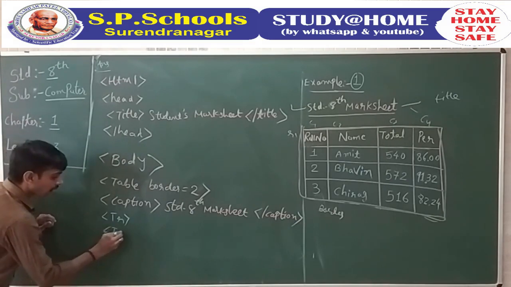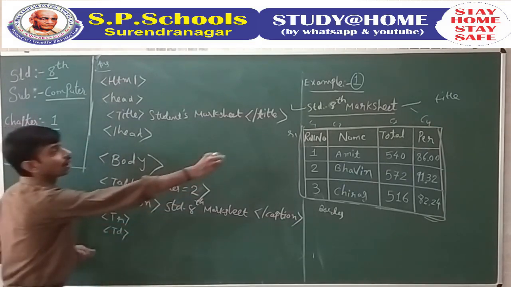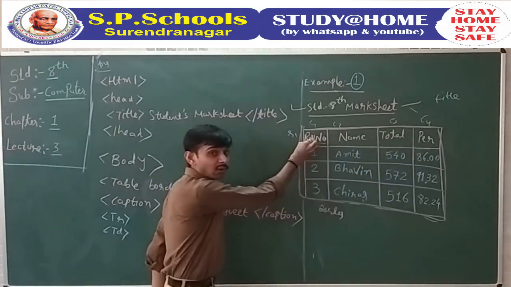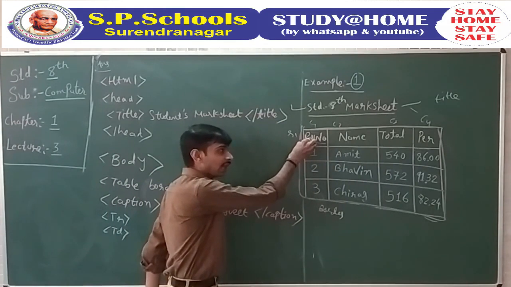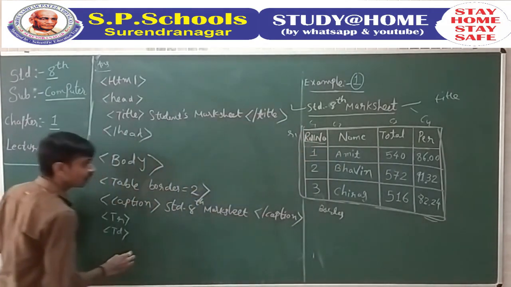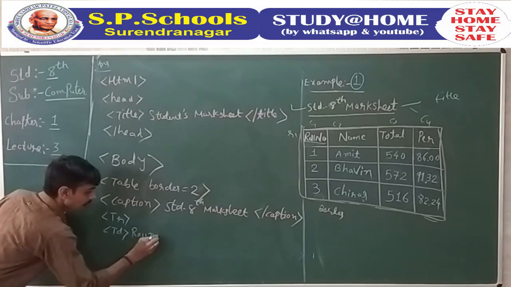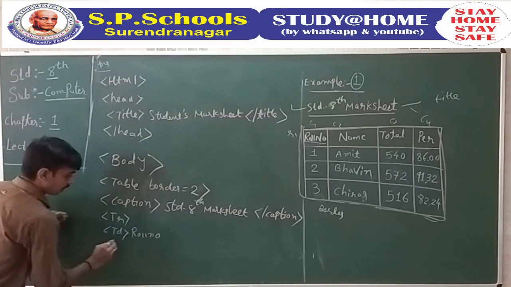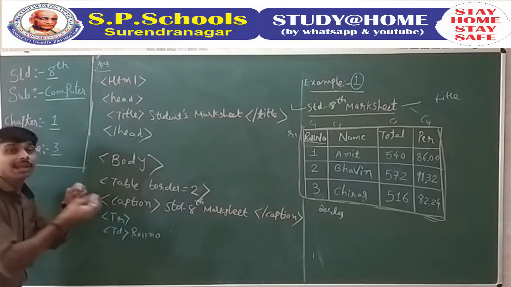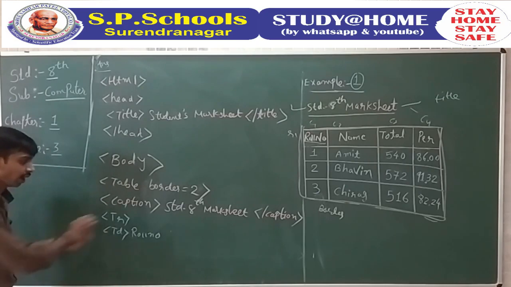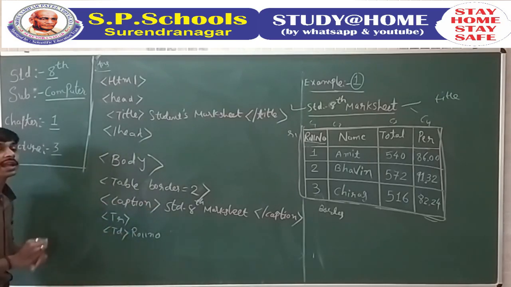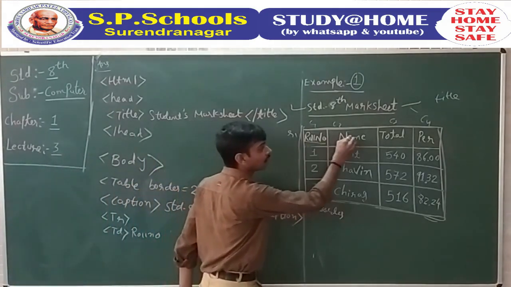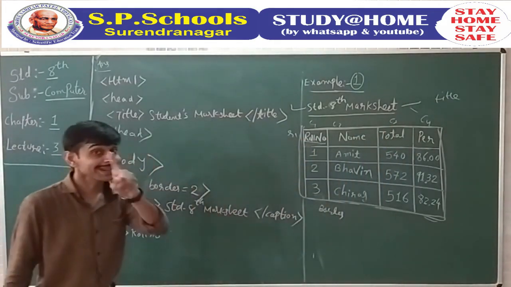In between, TD. First TD, this is known as TD: TD 1, 2, 3 and 4. These four table data are necessary in our first row. So TD, roll number. Okay, this TD we can complete if we want, or we can leave it as it is, because after that we have to write the second table data. How many table data TD do we have to use here? 1, 2, 3 and 4 for our single row.